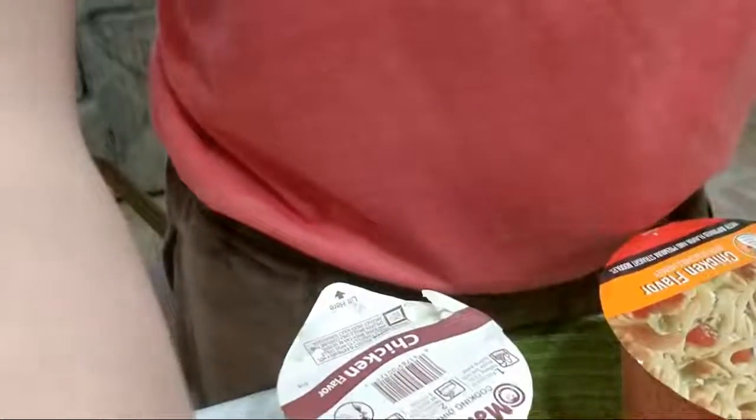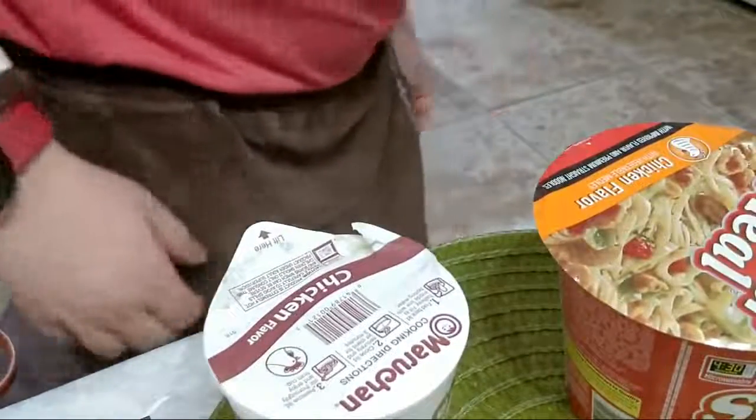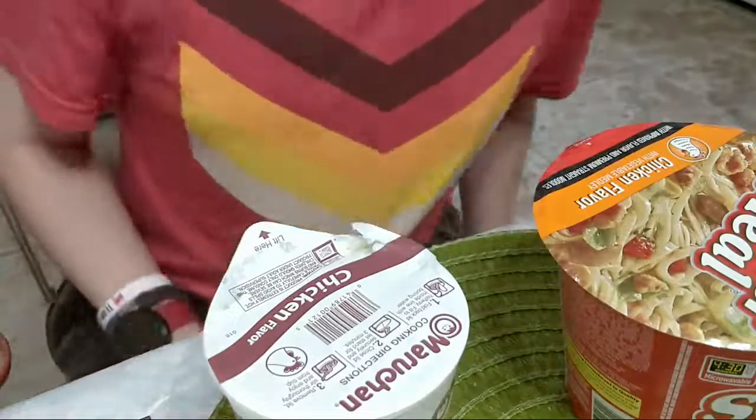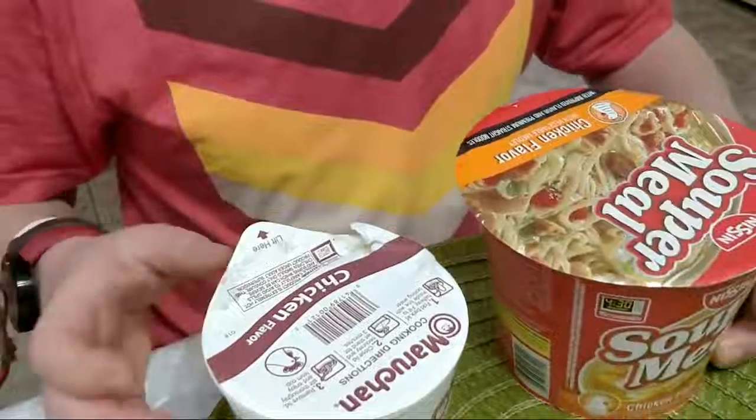Let's see here. How do I do this? Now, I won't catch my parents on camera right now because they're busy building and they look dusty and they don't like to, but can you guys see the bowls? What can you see? All I see is my shirt. Messing with the thing on the...